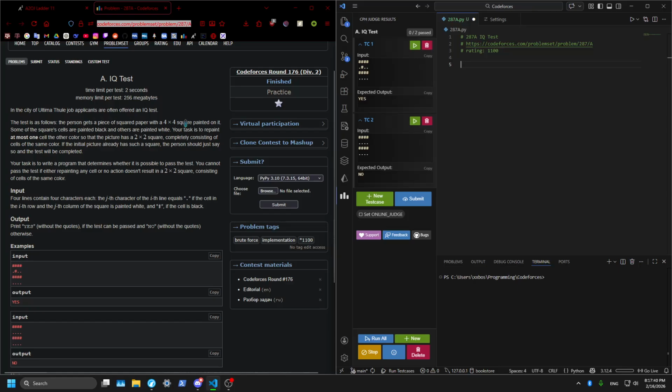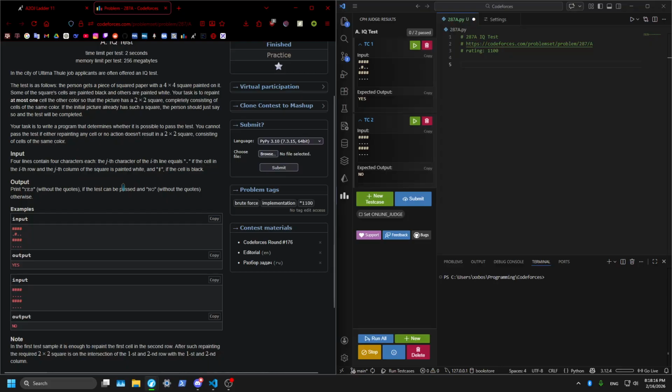Each person gets a 4x4 squared paper painted on. Some of the cells are black, some are white. Task is to paint at most one cell so that the picture has a 2x2 square consisting of the same color. If the initial picture already has one, just say so. Write a program that determines whether it's possible or not. You cannot pass if either repainting any cell doesn't result. Okay, so